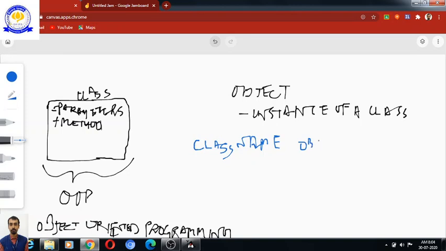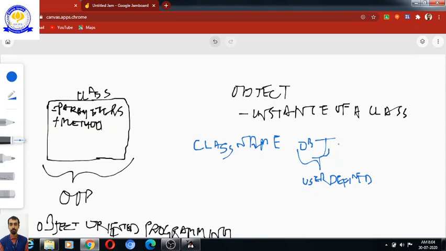This is a variable, and the user can give its own value. So this is user defined.